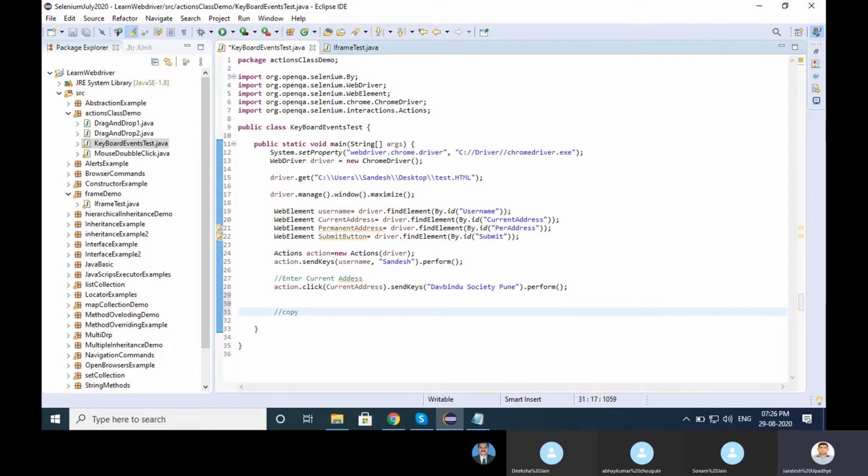Then copy address, copy current address. How can I copy using the two buttons, right?